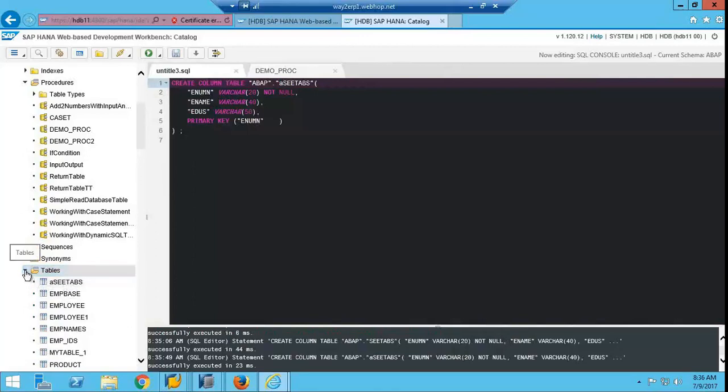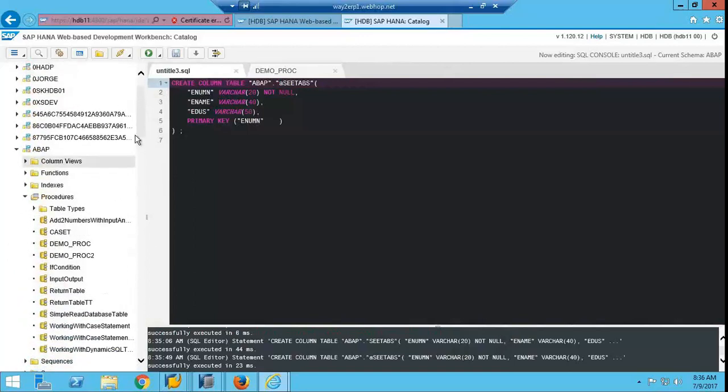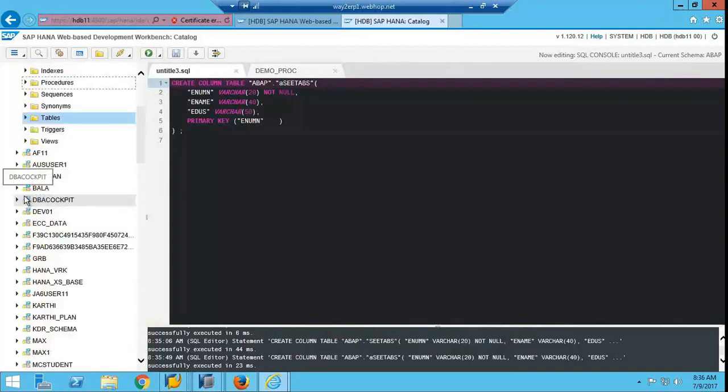Is there any exception, like we cannot open the ABAP editor? The ABAP editor is not designed here. It is native HANA development. It is not application server level. It is DB level, not ABAP level. It is not application programming. It is DB. You are right-clicking on DB and opening. In HANA Studio, ABAP related everything you can do. Here only native HANA developments you can do.